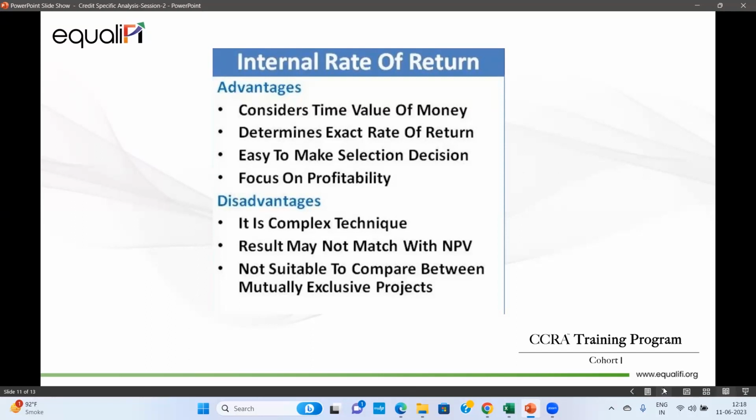Yeah, so there is a question, Yashwant, that which method is better, NPV or IRR? Generally the IRR method is better, and that's why in any kind of project or term loan, IRR is the only thing which is considered. NPV is not considered anywhere in real life scenarios.